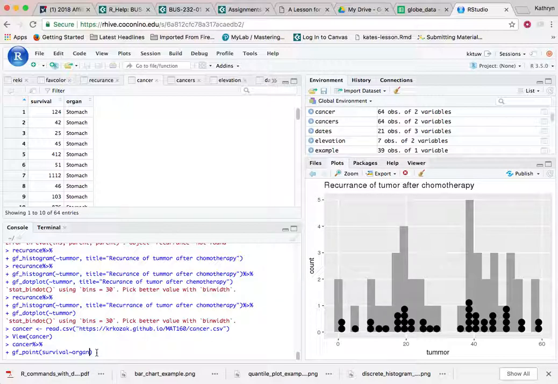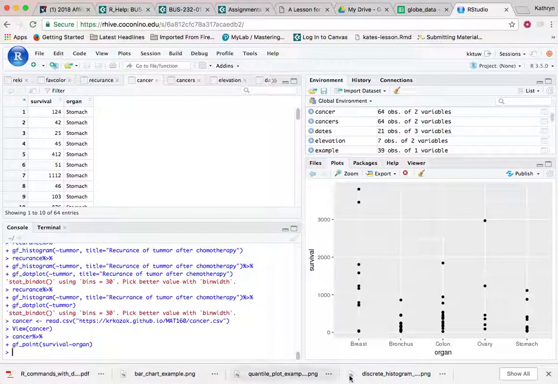And we'll hit enter. And now we can see that for breast, you can see what the survival times are. For lung cancer, how long the survival is. This is actually numbered days, I believe. Colon, ovary, and stomach. You're going to notice there was no title on it,